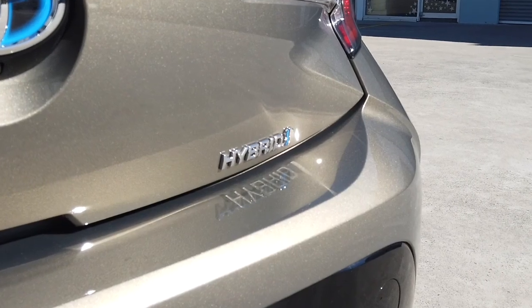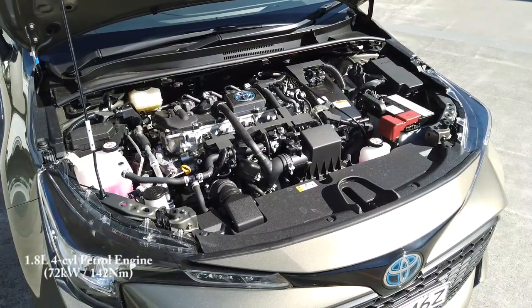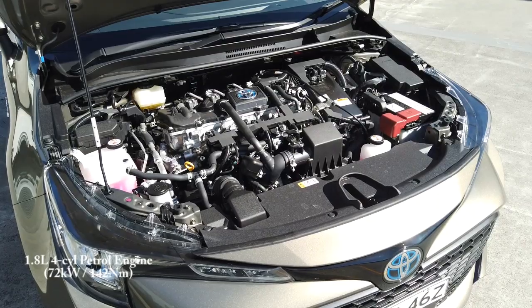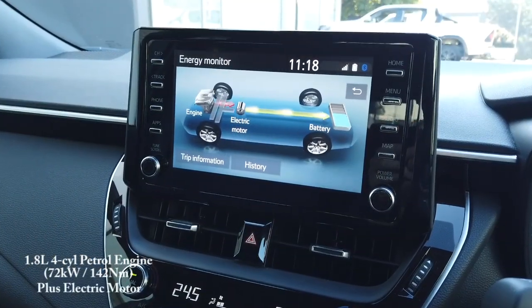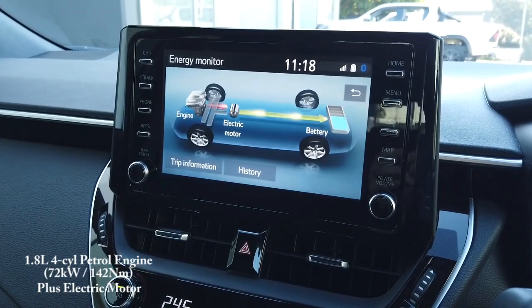Now, I don't know if people are aware, but hybrid technology is something Toyota's really pioneered for quite some time, haven't they? It's not really a plug-in hybrid car. Hybrid means that it's petrol and electric. Correct. Now, this particular car has a 1.8 litre petrol engine coupled with an electric motor and a battery in the back. So effectively, I guess some of the figures that we actually found during the week when I drove it,